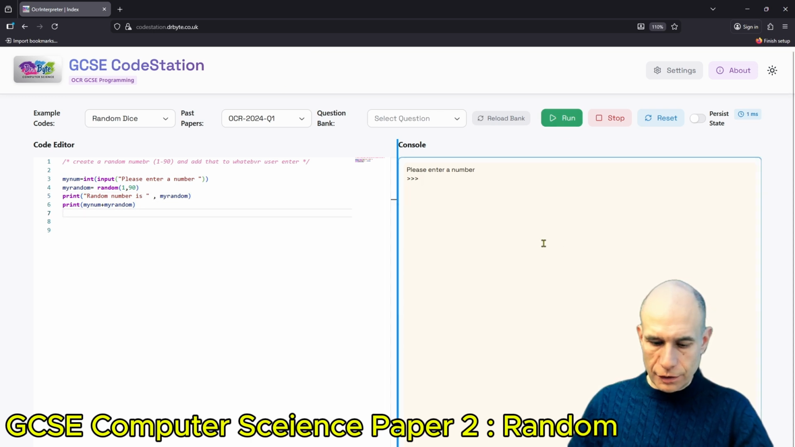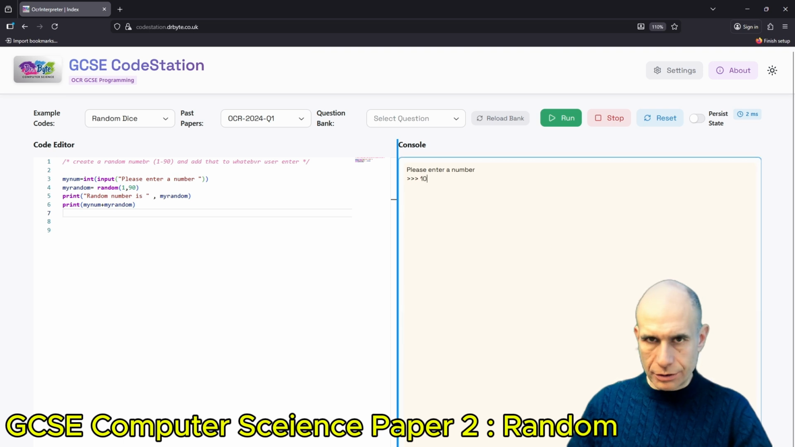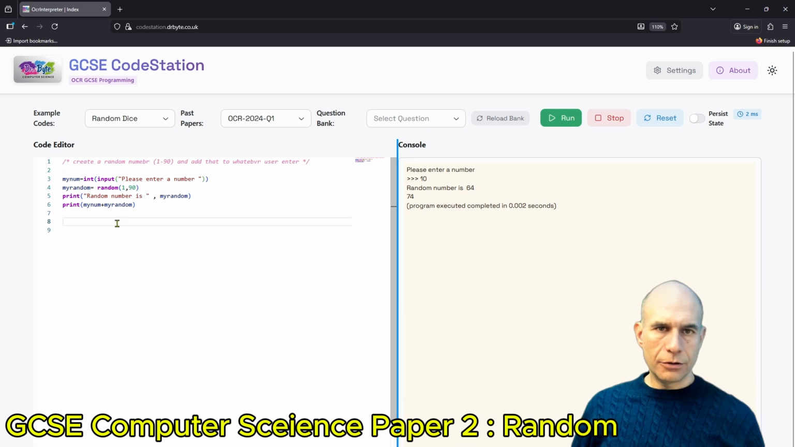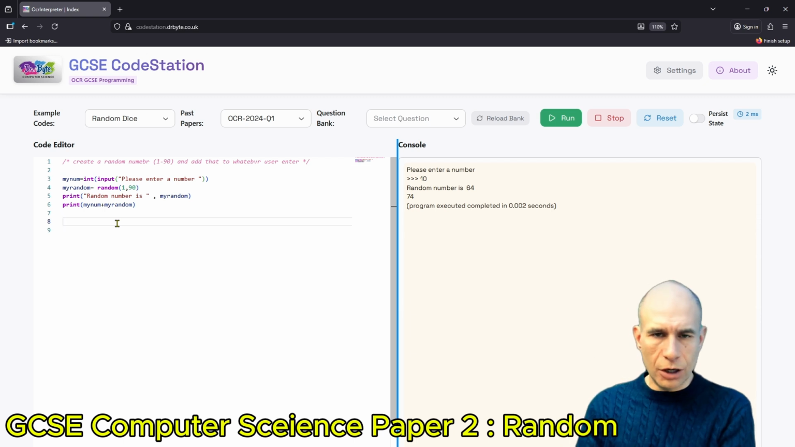So I enter 5. It says the random number is 29, and 5 plus 29 is 34. If I run it again, I enter 10. The random number is now 64. It's just a random number, and it adds my number to this random number and shows it on the screen. So random is mostly used in the exam for scenario questions related to dice,